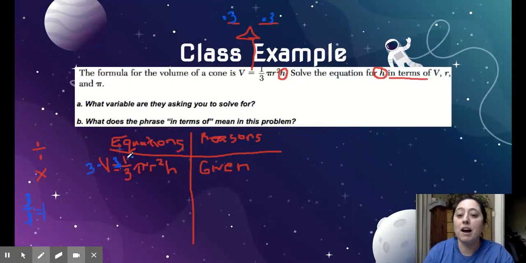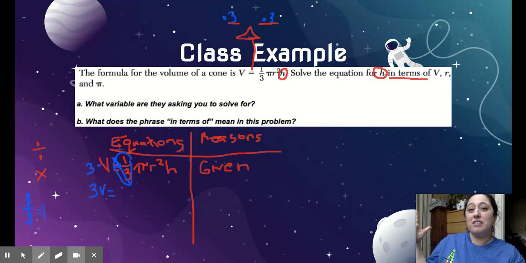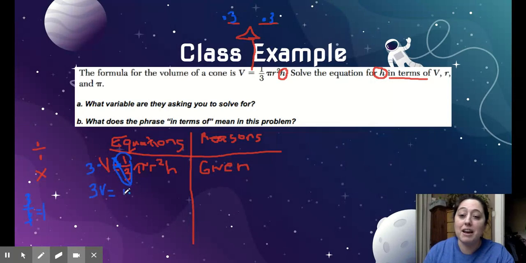So here I would have 3v equals, and I've already shown that this right here can cancel out and it gives you 1, because 3 divided by 3 is just 1. So I would put a 1, but we're really trying to write this like mathematicians. If it's a 1, unless that's the only thing there, everything else has been canceled out. If it's in front of any variable or other term, we just don't write it. It's assumed to be an invisible 1 there. So I'm actually just going to write pi